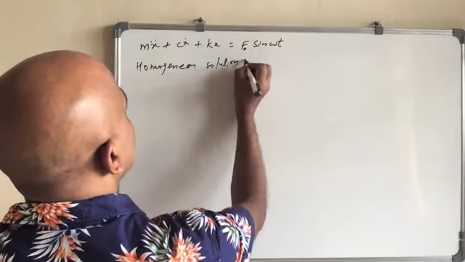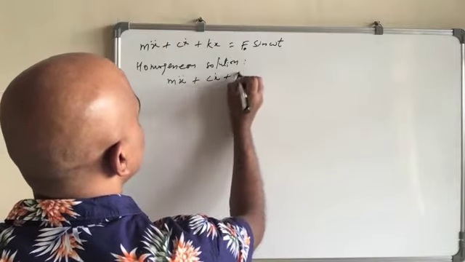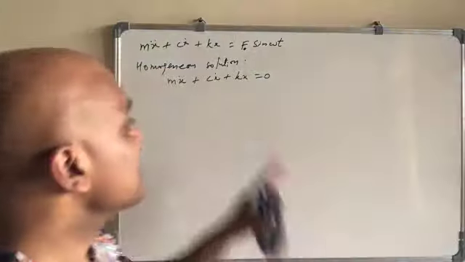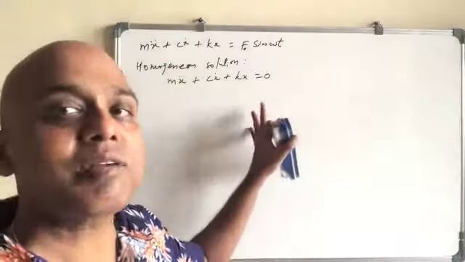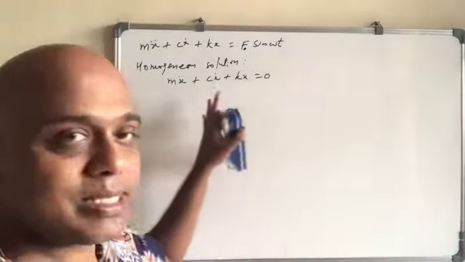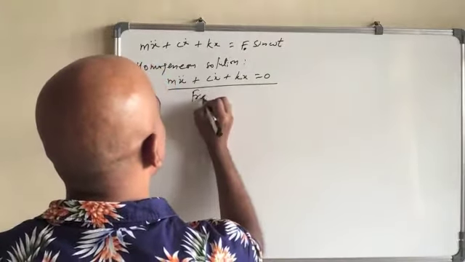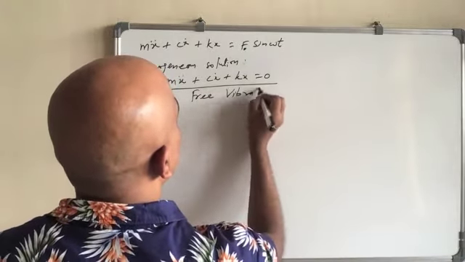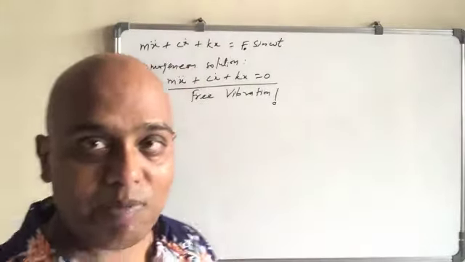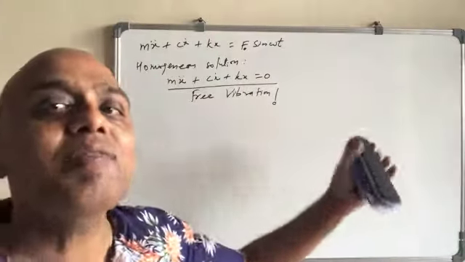Okay. And what will he do? He will try to find a solution for kx equal to 0, right? This we have already studied. The solution we already found during the analysis of free vibration. So this for us is free vibration. In chapter 2, it is all about free vibration. So the homogeneous solution is nothing but the free vibration curve.